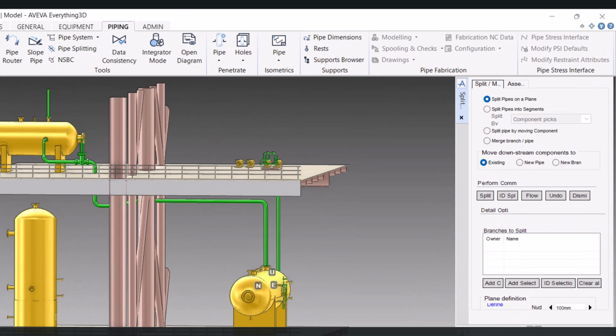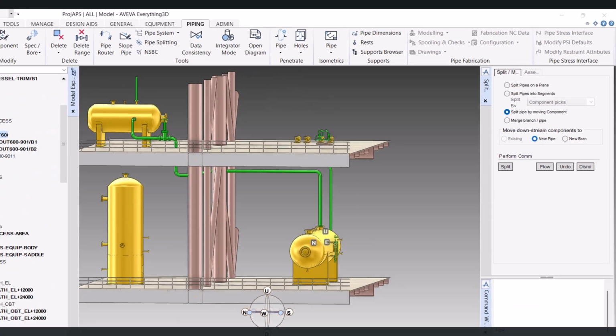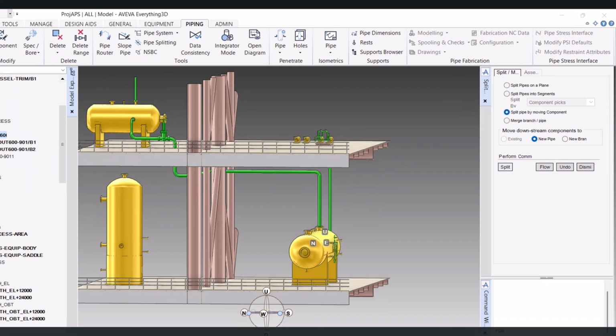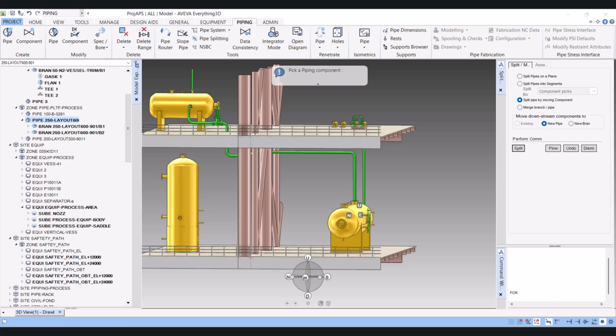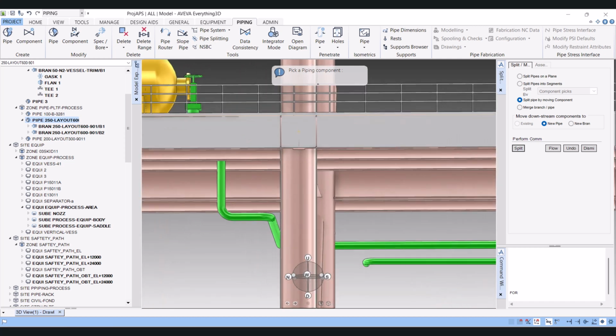And here you have to click on split pipe by moving component. I will select this one here, and here you can split branch and pipe. I will show you both here. First we will go for a new pipe, and you have to select split here. Then you have to choose a component from where you want to split. I will select this elbow,